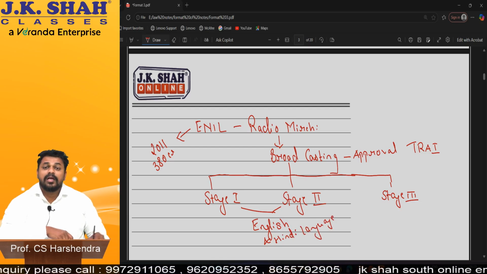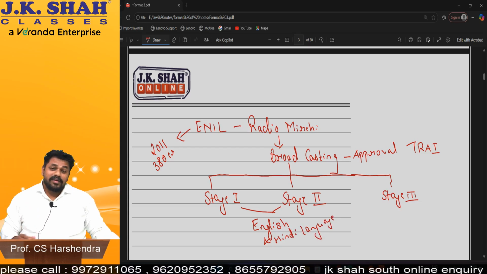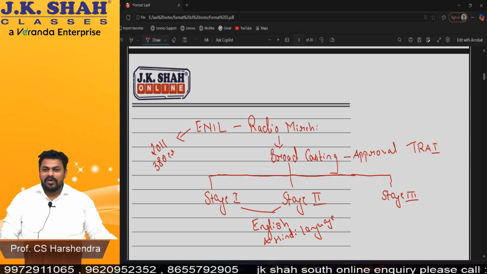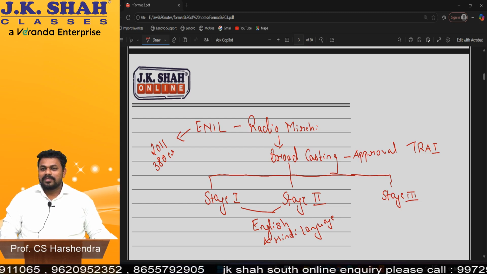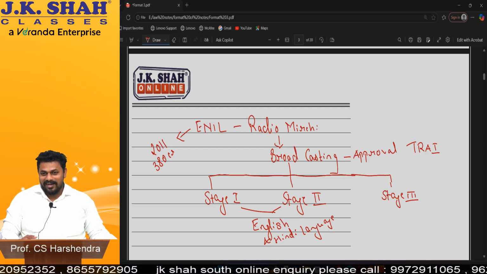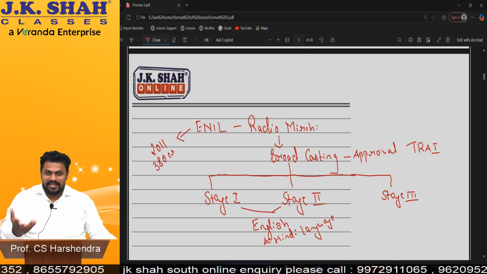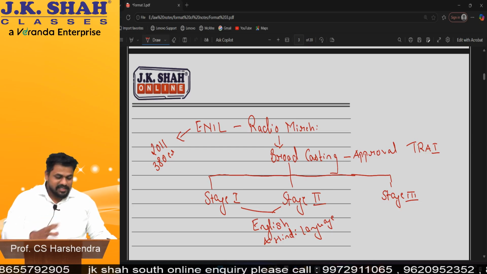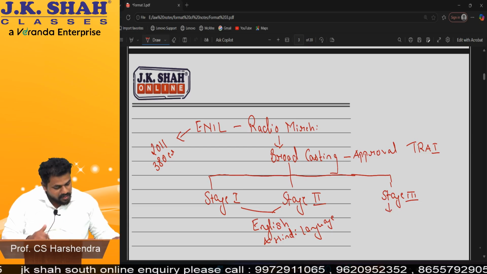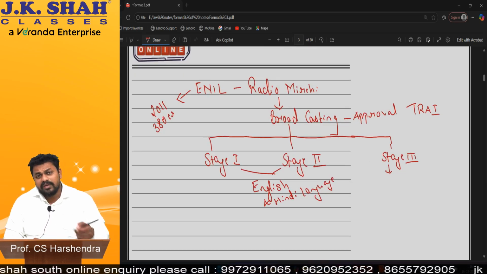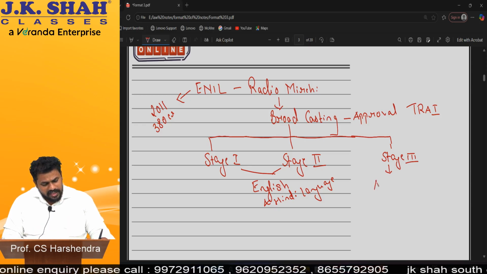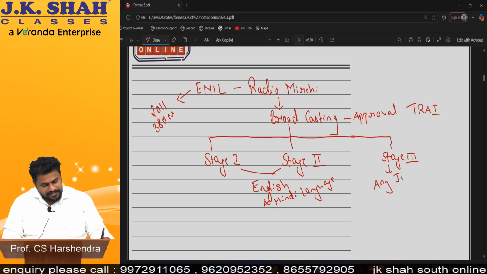Am I clear? You know, on old radio you might have heard something like a straight drive by Sachin Tendulkar, a classic 4, one bouncer by Mr. So and so. Yes or no? In Hindi it is Shandar Chauka, Sachin Tendulkar Dwara. So that is stage 1 and stage 2 approval. Stage 3 approval was given in 2011, where it was told that in India you can do radio broadcasting in any Indian language.